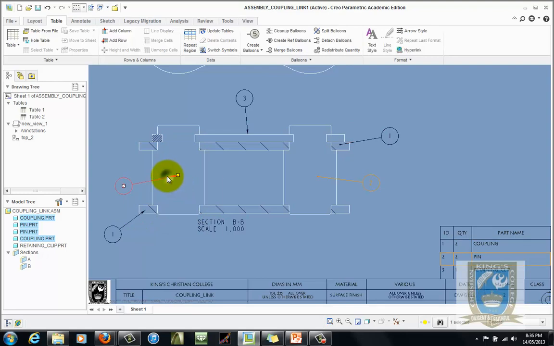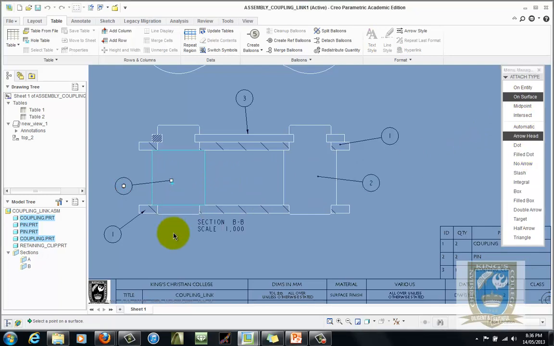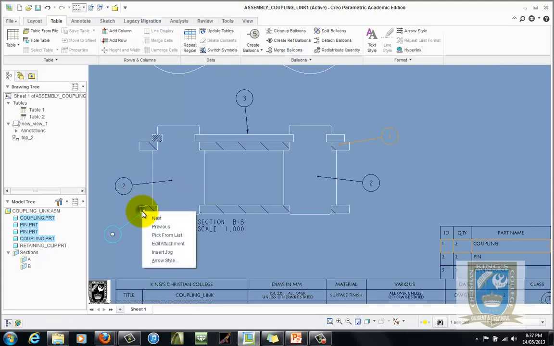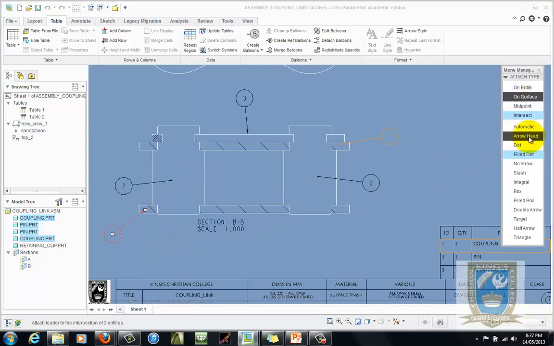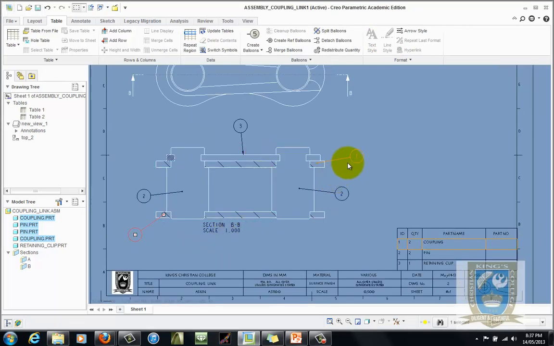A little bit tricky. Edit attachment, on surface, got to make sure that's highlighted, and then click on the object, otherwise it won't change. Then center mouse click. Trap for players there. On surface, fill dot, click on the object, and then center mouse. Okay. So we've got the numbers 1s and 2s, which relate to our coupling to